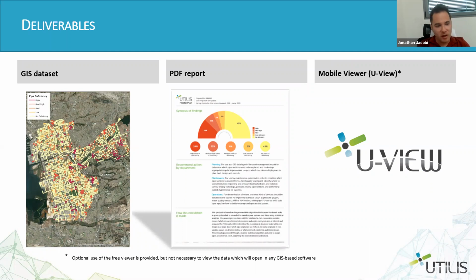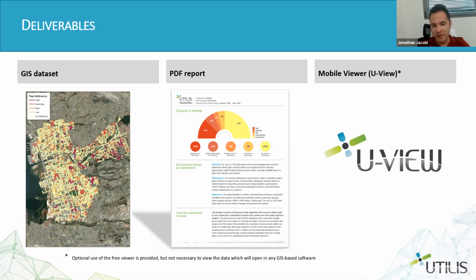It's delivered in 3 different ways. One of them is a GIS data set. Basically, all this information can be uploaded directly into, for example, the consequence of failure model that you may already have if you're using Innovyze, or another paid-for system, or if the water utility has their own model or AI predictive model, whatever it may be. And this can go directly into that as, again, another layer of information to boost their confidence in their decision-making.